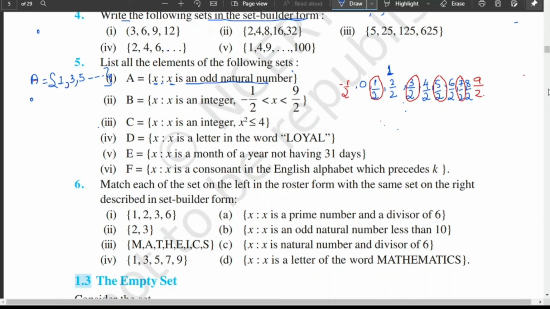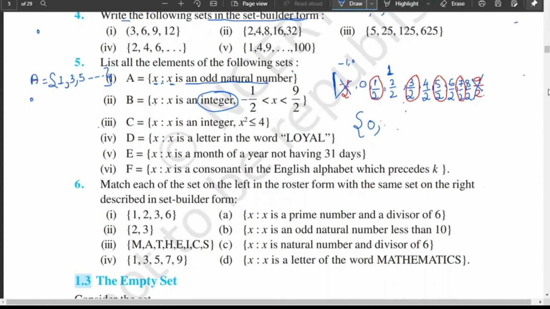Second one, B, understand this point children here, x is such that x is an integer which is greater than minus 1 by 2 but less than 9 by 2. It is an integer. Okay. So I have written here, it starts from minus 1 by 2 because it is given greater than minus 1 by 2. So we should not take. And it is less than 9 by 2. So this number should not be taken. Here after 1, check out the numerator. It is minus 1, then comes 0 only. So 0 integer. So we can take here 0 is an integer.